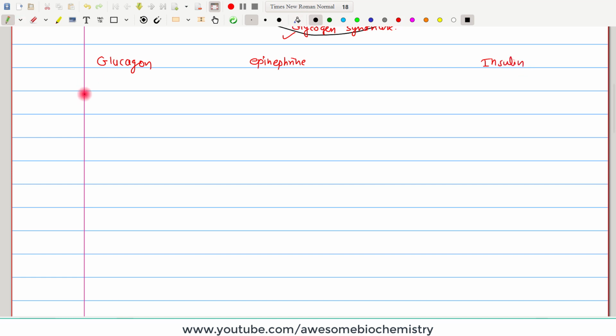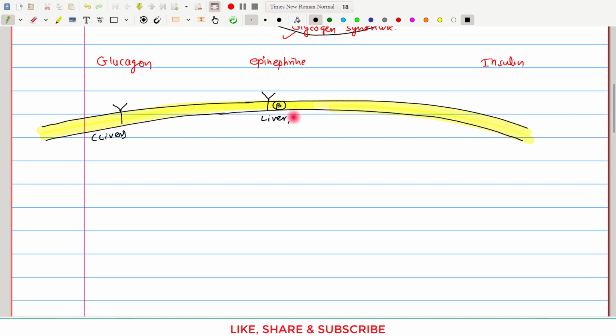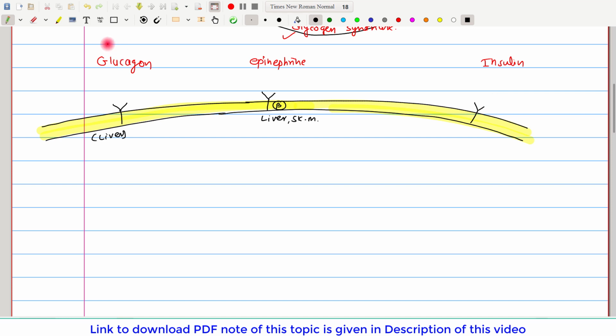Now to understand this, suppose this is the cell membrane. On the cell membrane of the liver cell, there are glucagon receptors. So glucagon receptors are present only on the liver cell, whereas the receptors for epinephrine are called beta receptors. They are present in liver and skeletal muscle. Whereas the receptor of insulin is present in all the tissues. Remember, hormones cannot enter inside the cell, so they bind with the receptor. So when glucagon binds with its glucagon receptor on the surface of the hepatocyte and epinephrine binds with its beta receptor on the liver and skeletal muscle,